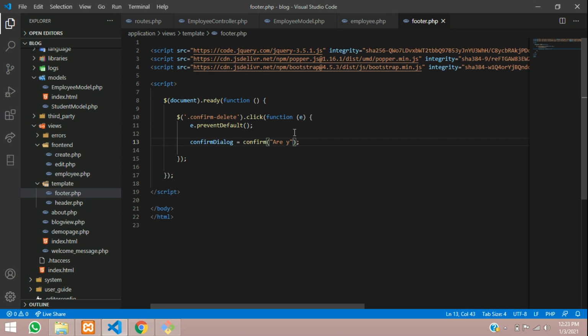Are you sure you want to delete this data? Okay, so if yes, then copy this function and put it in an if condition. So with the help of the if condition, we are going to check it. So done. And now here we will start the coding.